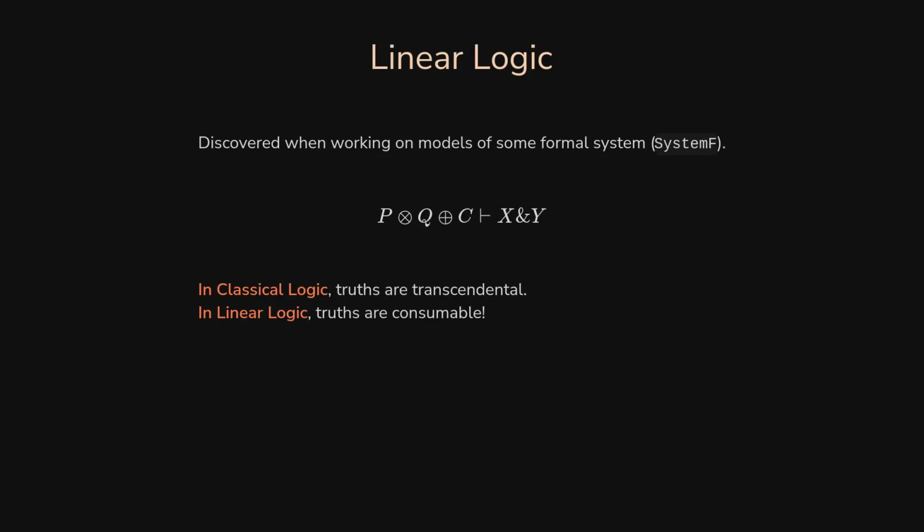This is a very strange logic when you take it as a logic, because it means that once you prove something, you may not use it twice sometimes, which doesn't make sense for logicians, right? If you prove that, I don't know, you can decompose a number into prime factors, you can use this fact as many times as you want. It's a fact, it's true forever. In linear logic, it's not always the case. If you have a linear proof, you cannot use your argument more than once.